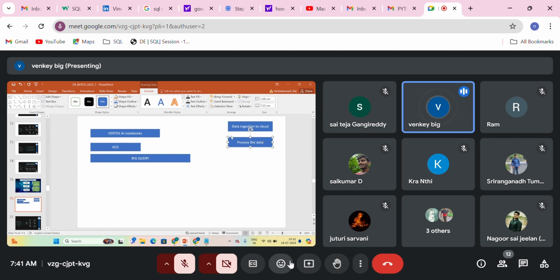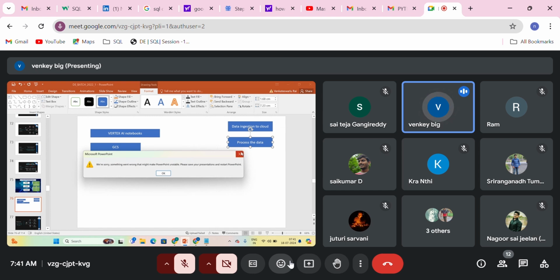Okay. So we need to do aggregates, we need to do a lot of transformations on top of the data that we will get, right? So sometimes we may get text data, sometimes we may get log data. We need to process it, get it into a proper meaningful structure, and then load it into the central platform.